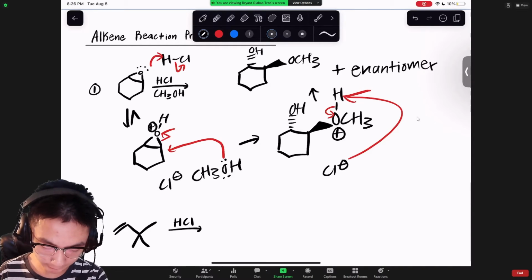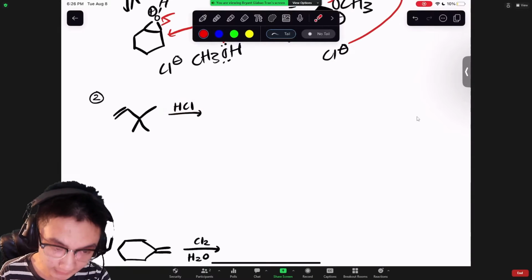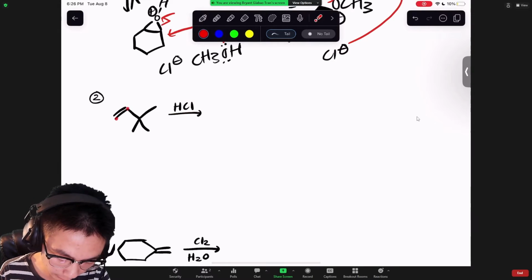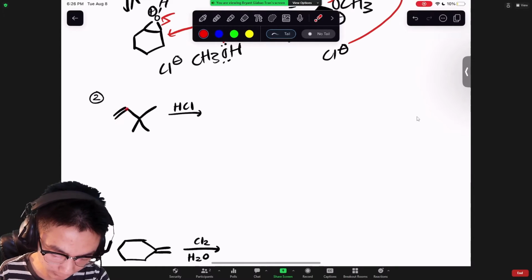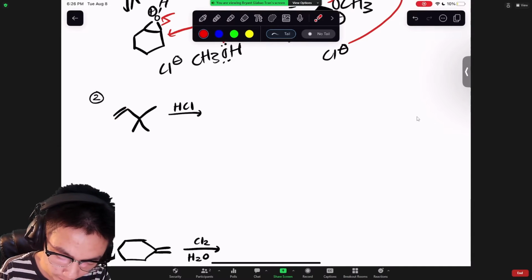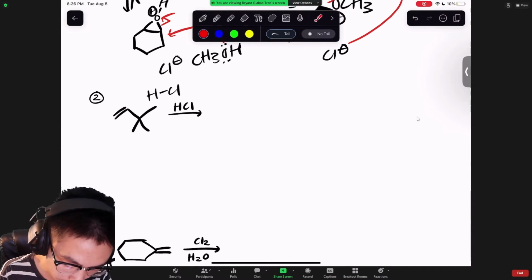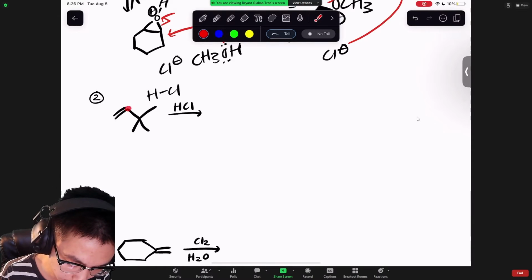Now let's move on to the next problem. We see that we have HCl again, so we're going to look for our most basic atom, which is going to be one of these carbons of the alkene. So how do we tell which carbon do we choose from the alkene to grab the hydrogen? Well, we're going to choose the one that is going to form the most stable carbocation. So we see that this carbon here is going to form the most stable carbocation, so we're going to have to